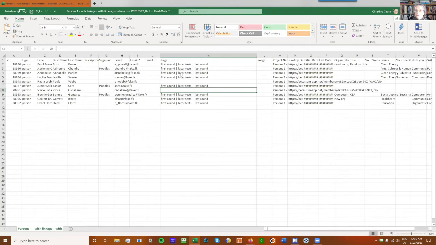Everybody else, in pretend land, it was me doing it, but everybody else did something within the first round. So in that first time period, they did something. They said, okay, I'm on this map, I exist. And what we do with sumApp is because we keep the data and we just ask people to update the data, we just roll the time tags forward.